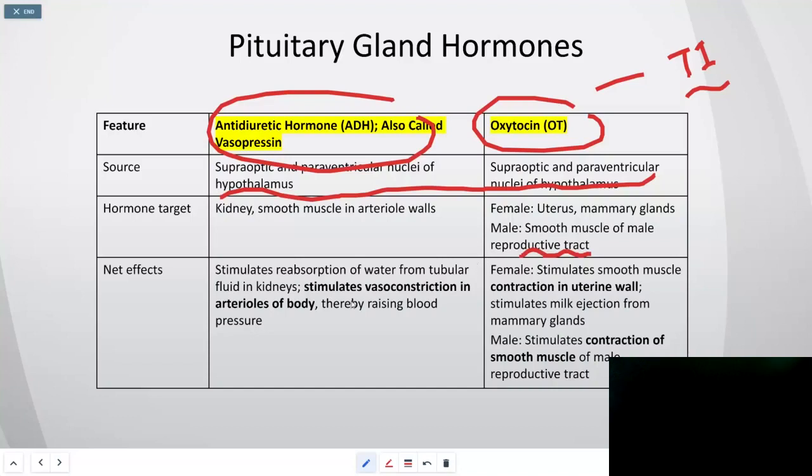Okay, so for ADH, stimulating of the vasoconstriction so that you don't lose any more blood volume, you're not losing any more blood through whatever means or any fluid, and then increases blood pressure by constricting it down. For the oxytocin, contraction of the uterine wall, positive feedback, so during labor, pushing the baby out. And for the males, it is for ejaculation. Okay, so for the contraction of the smooth muscle to get the semen and then the